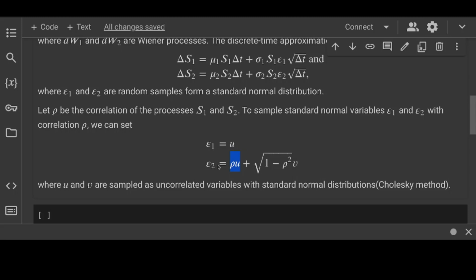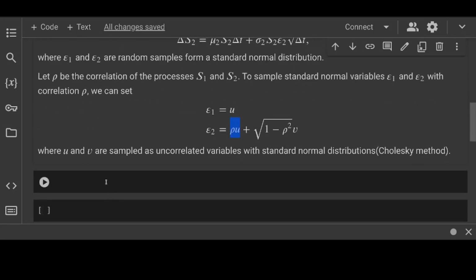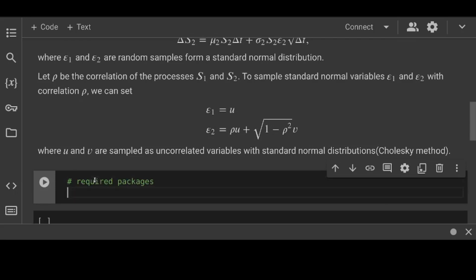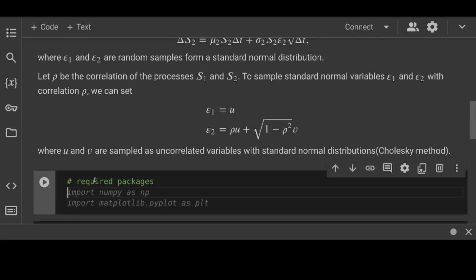First, we import the required packages. The first package is NumPy, and the second is matplotlib.pyplot as plt for plotting purposes. Now for this purpose, we write a Python function which we call two stocks. This function takes the following inputs that we are going to explain. Here